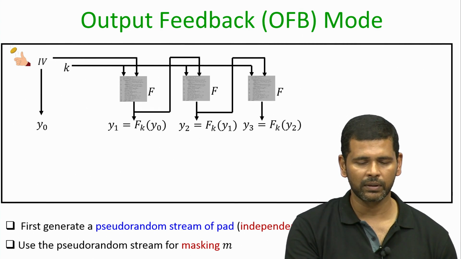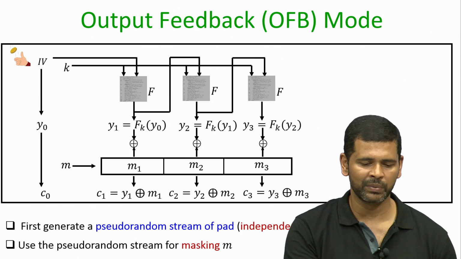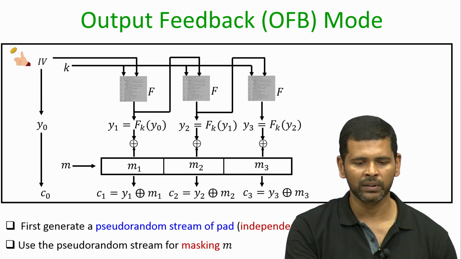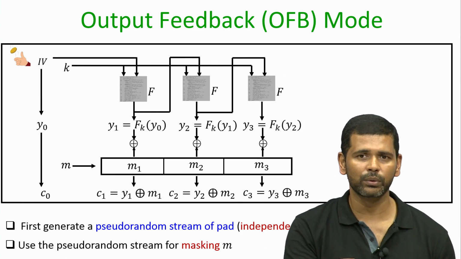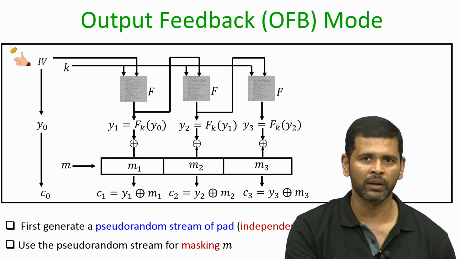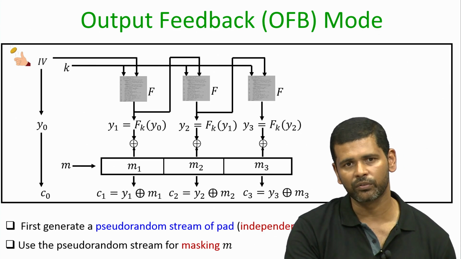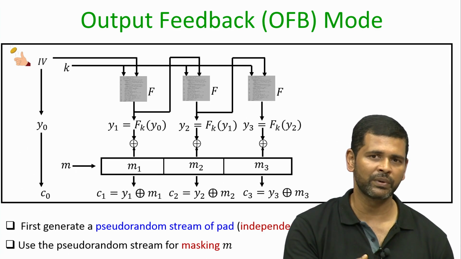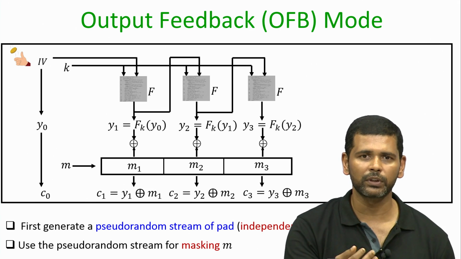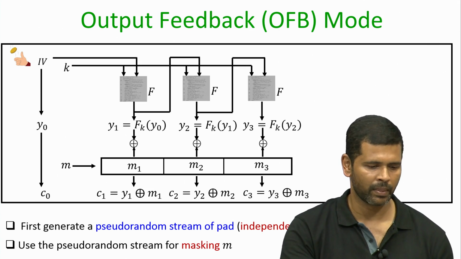And now if the message is available for encryption, whatever pseudo random stream of pad has been generated till now can be used to mask the message, depending upon the length of the message. So, you can imagine that the encryption here is a 2-stage process, an offline process and an online process, where in the offline phase, or message independent phase, a pseudo random stream of pad is generated, and during the online phase, when the actual message is available, we do the encryption by using whatever pad has been generated in the offline phase as the mask.